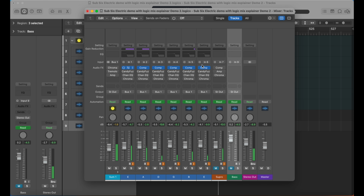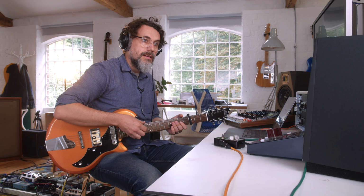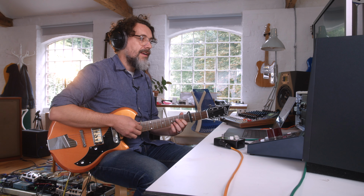And what I'm going to do is I'm going to put a compressor, well, 6 compressors on the 6 strings, and straight away you can really hear them pop, and you can hear that they've got loads of sustain. I'm really making the compressors work quite hard there, and it's a nice effect because you get like a real chimey, bell-like